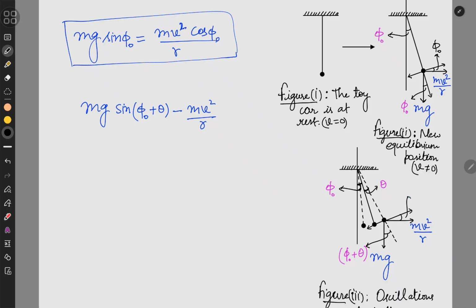This will be phi naught plus theta, and the component of mb square upon r in this direction will be mb squared upon r times cosine of the angle, so it will be cosine of phi naught plus theta. This is the force, the restoring force that will try to bring this bob back to its mean position or the equilibrium position. Now this is the dead force. Now this force